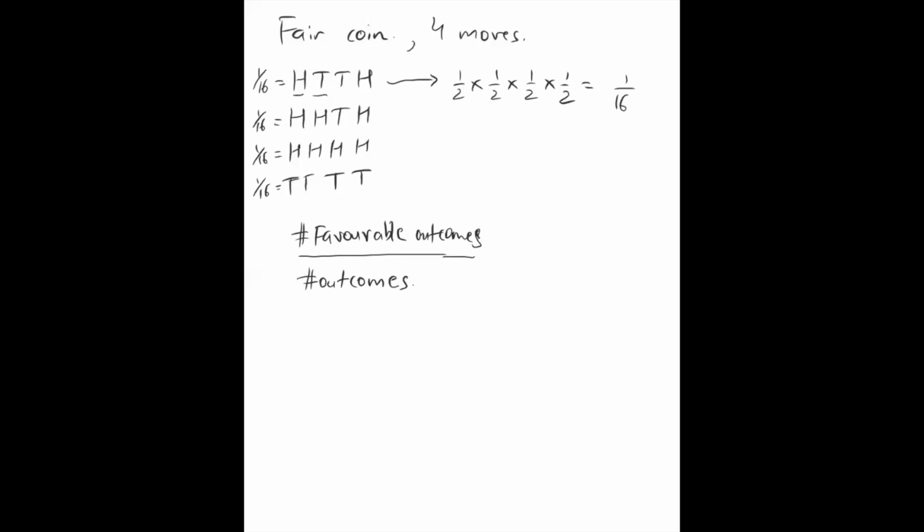So for instance, now let's forget what we have done here, and suppose we wanted to calculate the probability of H, T, T, H. Now the number of favorable outcomes is 1, because there is exactly one thing we are looking for. And what is the total number of outcomes? We are looking for 4 tosses, right? There are going to be 4 tosses. So what is the total number of outcomes? We have 4 spots to fill.